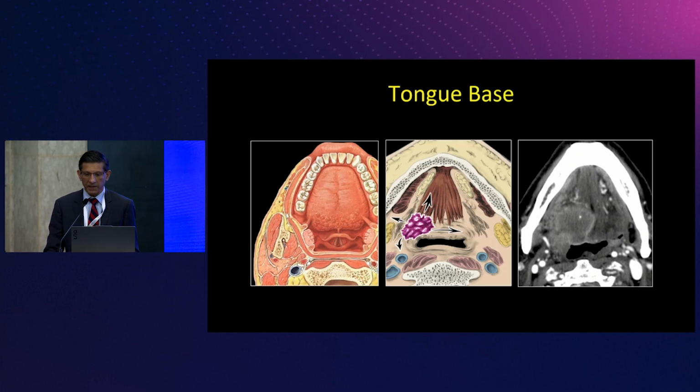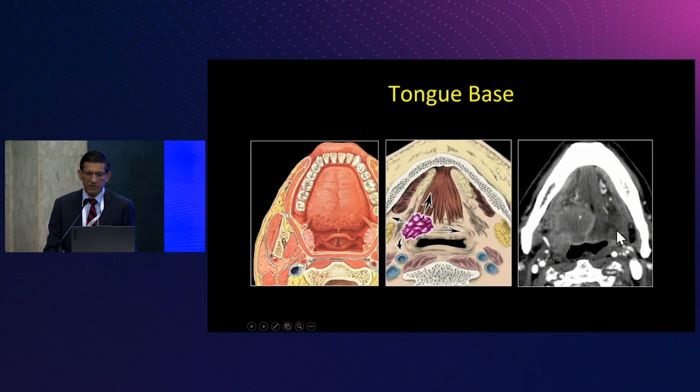In this particular case, we can nicely see this tumor involving the tongue base. One question I always get asked is, if you have a tumor like this, how do you know what part is in the tongue base and where the floor of the mouth is? As Dr. Weil mentioned, look at these paired muscles that go to the genial tubercle. Posteriorly, you can see that they're vertically oriented. They look like stripes. My favorite animal is the tiger, so these look like tiger stripes running from anterior to posterior.